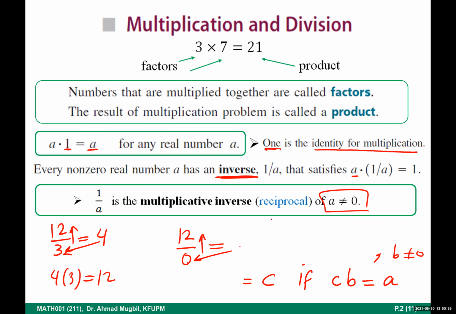No. Give me any number, whatever, say C. If you multiply any number by 0, what will you get? 0. If you multiply any number by 0, you will get 0. So it is impossible. It is not consistent with the definition of the division. This is why we call it undefined. It is not defined when we define the division. We will define the division, inshallah, in the next class, and we will continue doing these